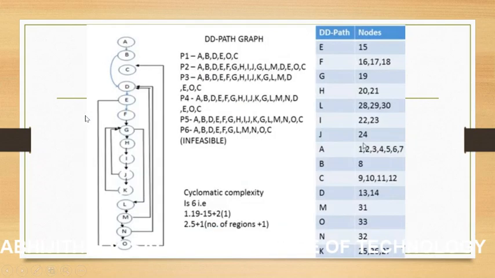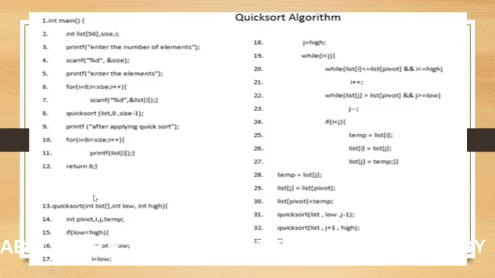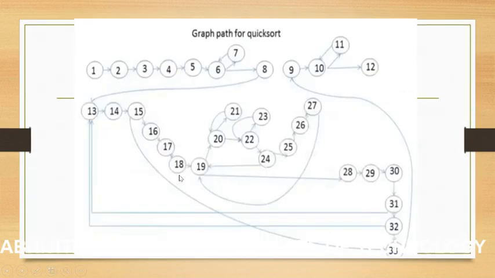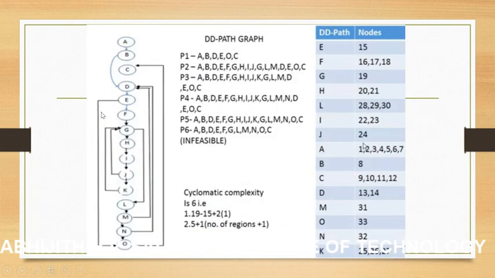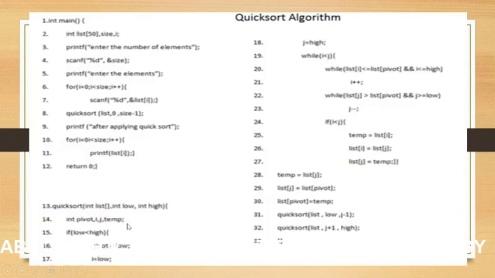From node 8 it will go to node 13. Once the execution is completed, we come back to this location and proceed with the sequence again. It will come back to 9, and this is the further flow, printing of the sorted array. Now, from 8, the quicksort function will be called, and there is some basic initialization inside this function.